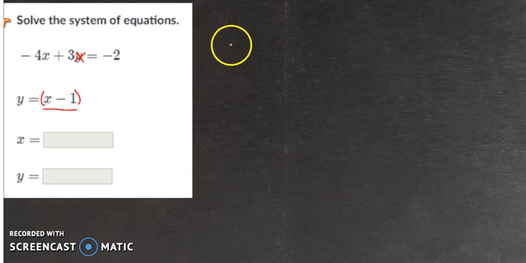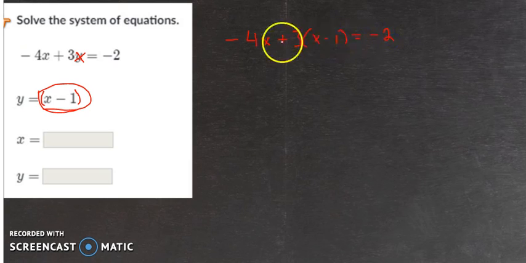So I'm going to rewrite my equation, and instead of putting the y right here after this 3, there used to be a y, I'm going to put in x minus 1. And I like to use those parentheses because it helps me to visualize that that's where I have substituted. Alrighty, so now let's do our